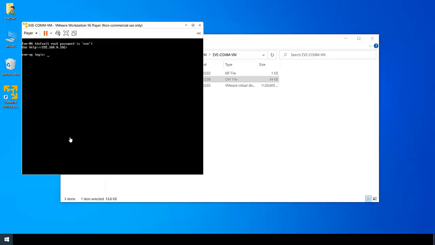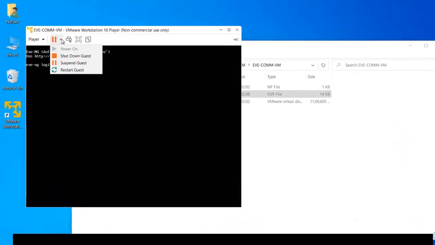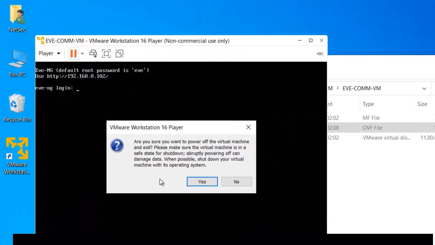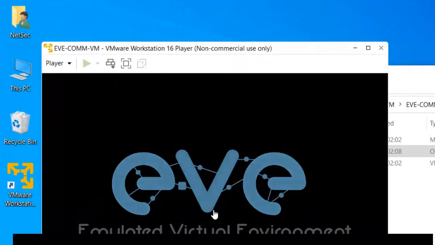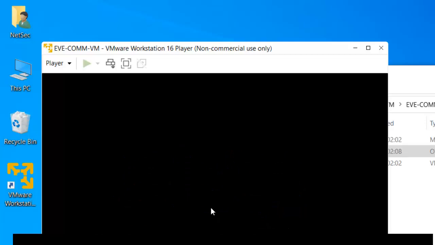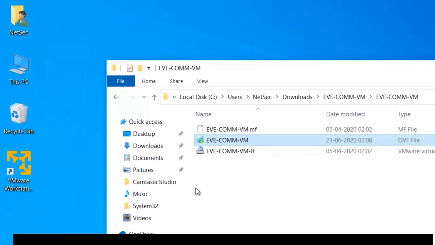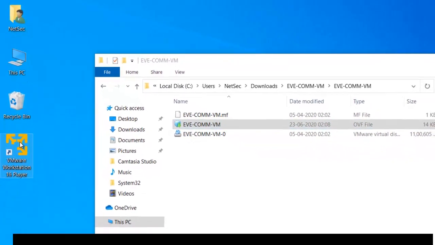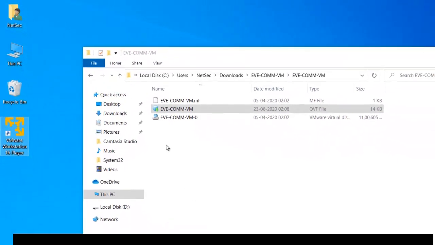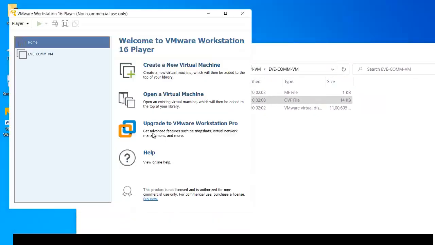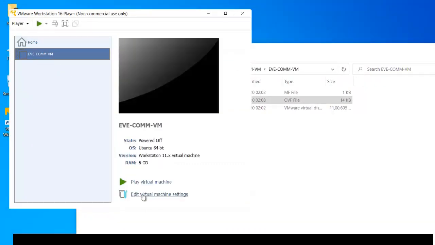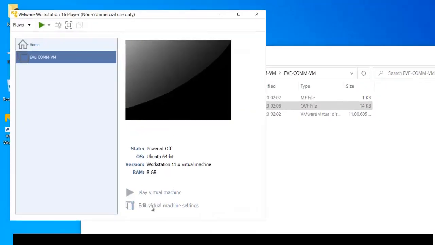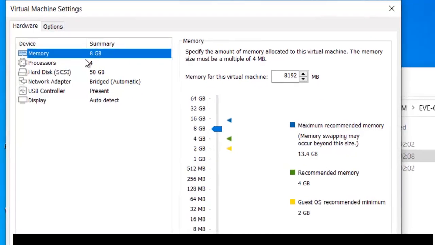We will shut it down and change the hardware parameters which we want to define. Now start VMware Workstation Player. Go to EVE. When you click on EVE, there will be an edit virtual machine settings option.